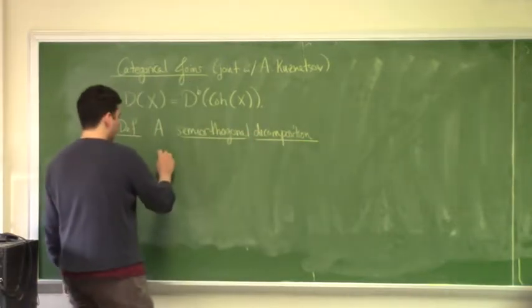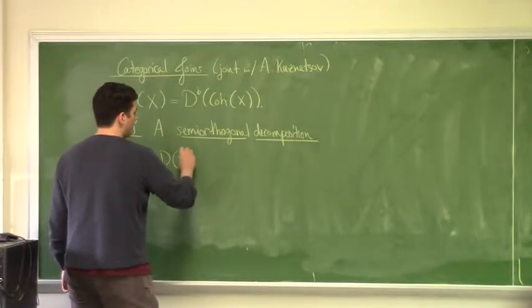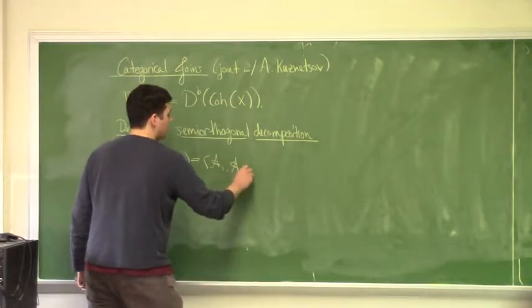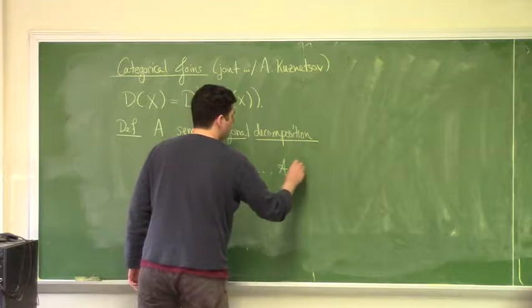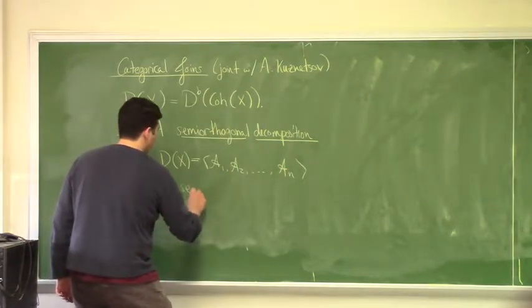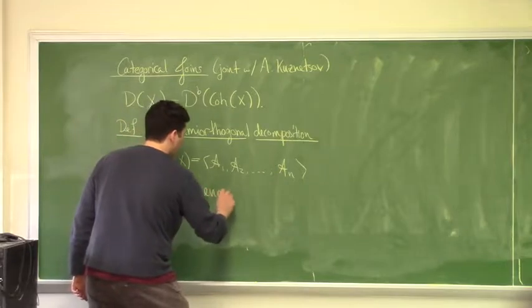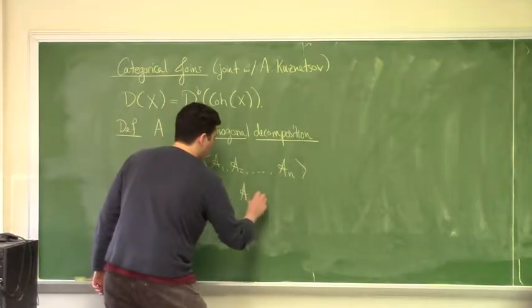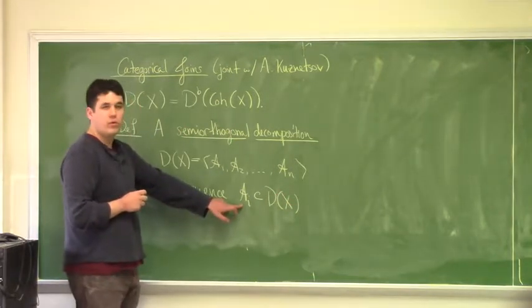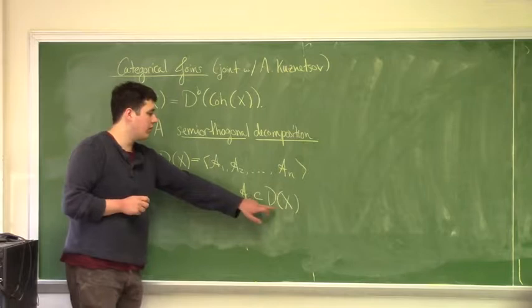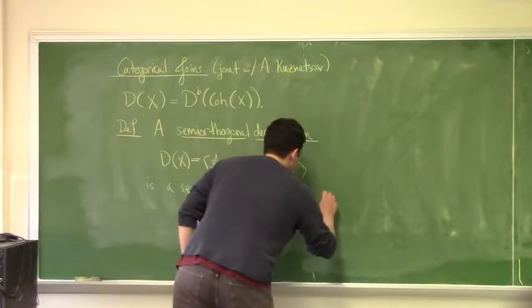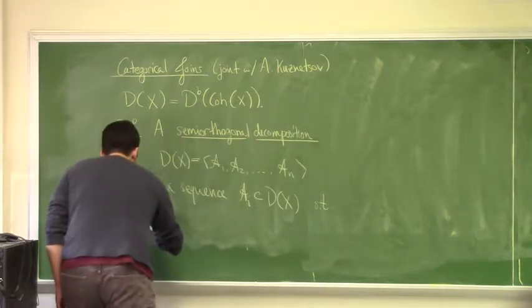So my notation for such a thing will be D(X) equals <A_1, A_2, up through A_n>. So this is the notation, and it's a sequence of categories A_i inside of D(X). So these should be full triangulated subcategories of the derived category of X, such that two conditions hold. So the first condition is that